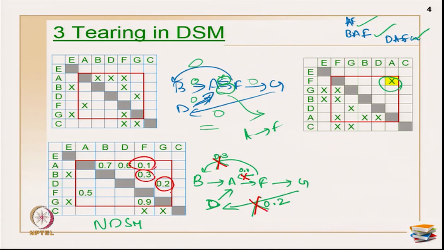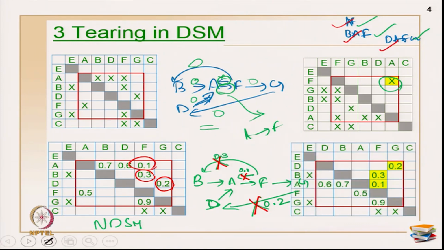So, when I have thought of breaking all these relationships, obviously I have broken all the 3 cycles in my loops. So, this cycle and the third cycle, all the 3 cycles are broken. So, now my resulting matrix will have a different sequence altogether, but I have to make 3 assumptions. Now, what is the variation between option number 1 and option number 2? In option number 2, let us see here A to F. So, this is primarily a dependency of value 0.5, and these are all very weak dependencies 0.1, 0.3, 0.2,